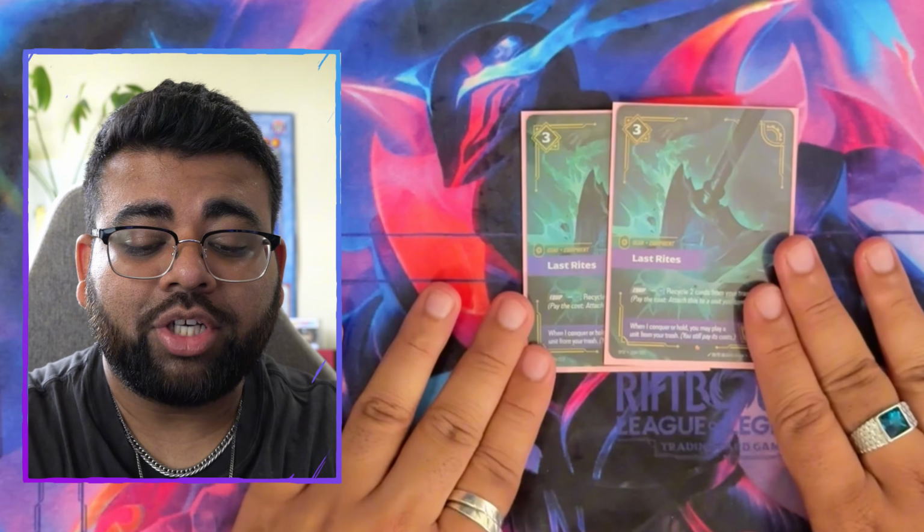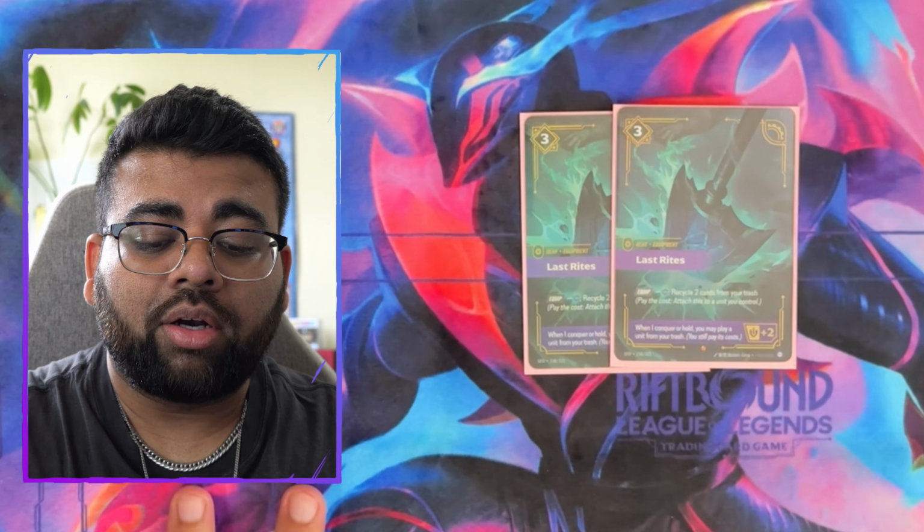And last but not least, Last Rites. My Diamond Shovel. I play 2 of these because you might mill 1. You see this card, you keep this card, you play cards from your grave by recycling 2 and equipping it to a unit. It gives it a +2, which gets us to that special might threshold already. And when you conquer or hold, you can play a unit from your grave for its cost. Which, honestly, I've never done it with Baron, but I've definitely done it with Rasa,